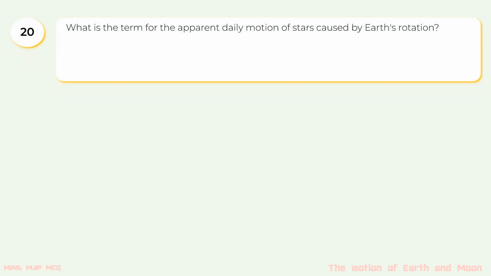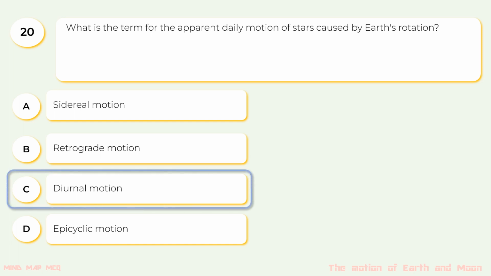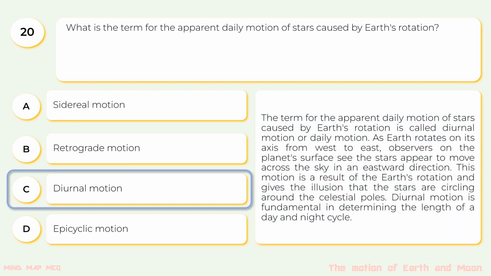20. What is the term for the apparent daily motion of stars caused by Earth's rotation? A. Sidereal motion. B. Retrograde motion. C. Diurnal motion. Or D. Epicyclic motion. The correct option is C. Diurnal motion. The term for the apparent daily motion of stars caused by Earth's rotation is called diurnal motion or